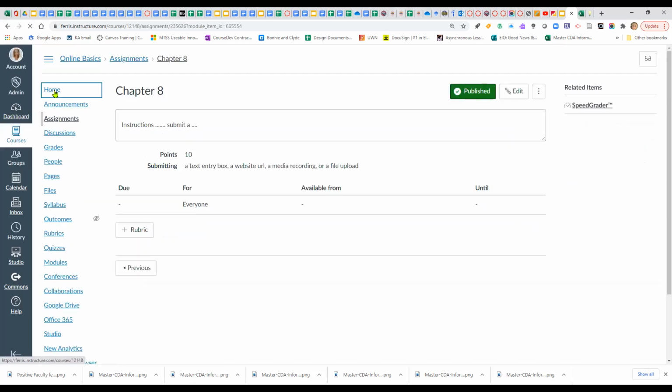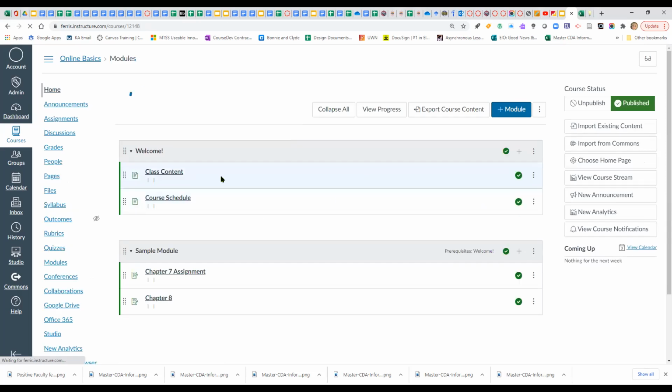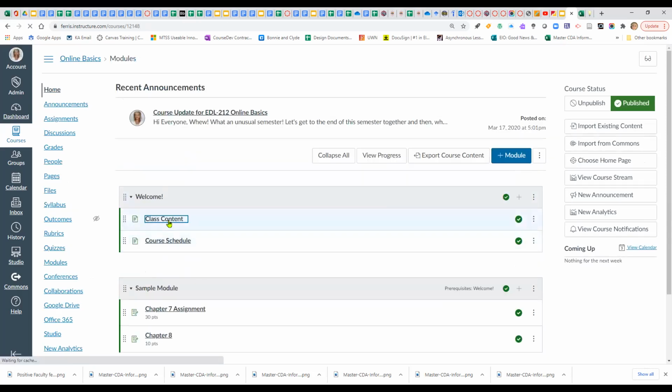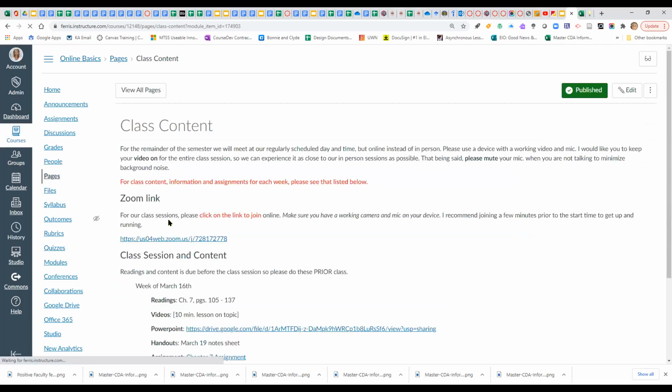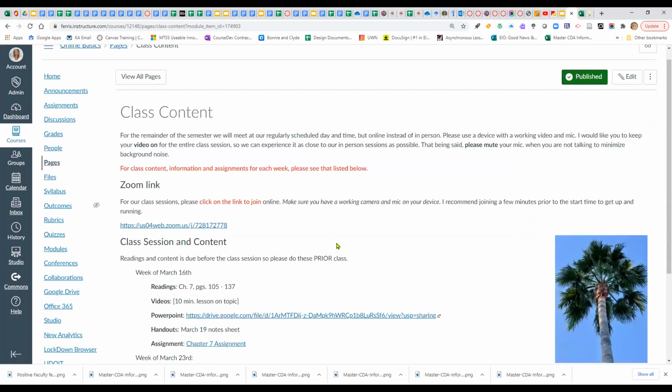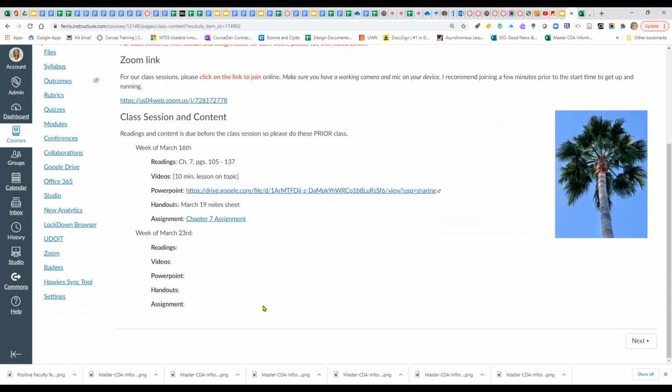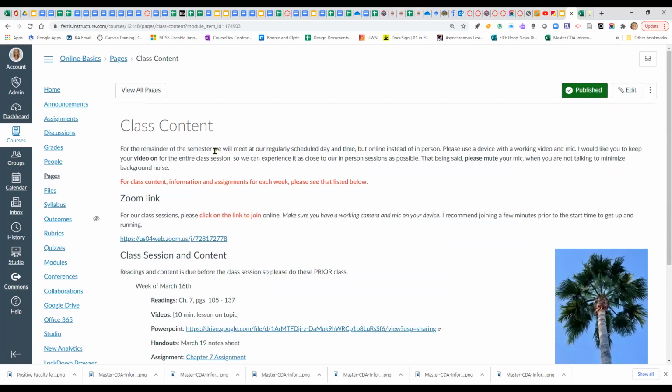So let me go back to module. That was an assignment. Let me get a page, class content. I have a week, each week is week whatever, and I'll have a page on what they're doing. I put it on the page with the instructions, right? I'm going to have an overview of what we're going to talk about. These are the different things on YouTube that I want you to look at. And then if you do that, then